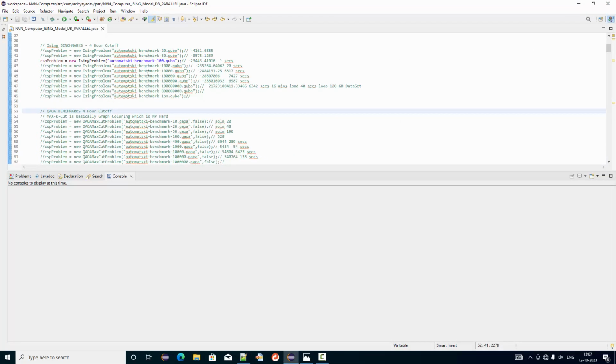So at Automatski we benchmark such problems, and we are probably the only firm in the world which benchmarks such problems at large scale, like 10,000 variable problems, 100,000 variable problems, 1 million variable problems, 100 million, 800 million, 1 billion, and in some cases we are also looking at a trillion qubit or variable problem. Now